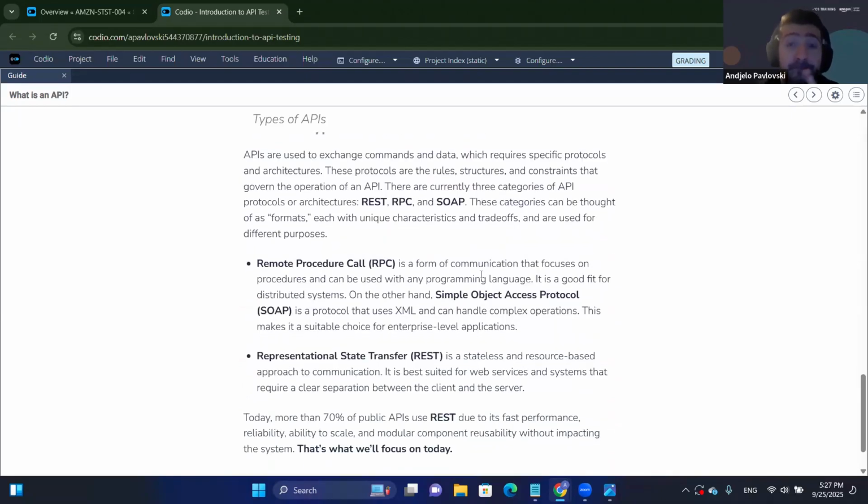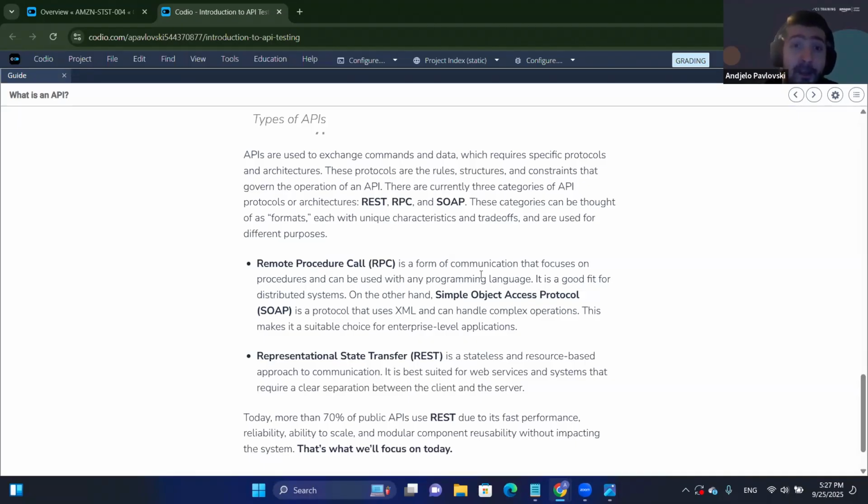Now, when we talk about APIs, although we can differentiate between them in terms of it being public, private, or composite, and so on, there are also things to note that they do require specific protocols to exchange specific data and commands. So there are some ways in which the API needs to behave so it can do the data transfer between the applications. And that's why we have a few different architectures that are present here, which are REST,